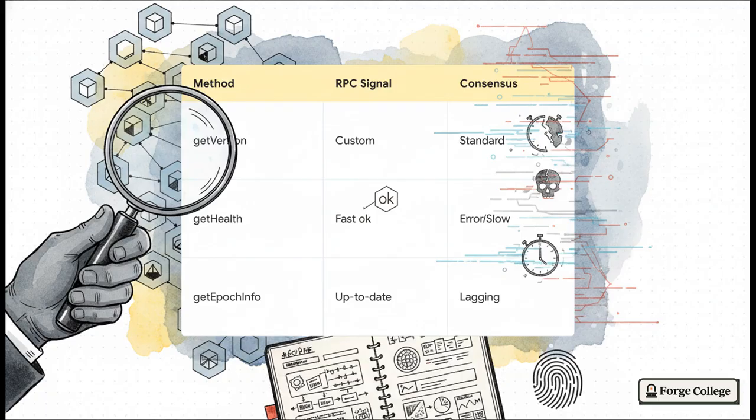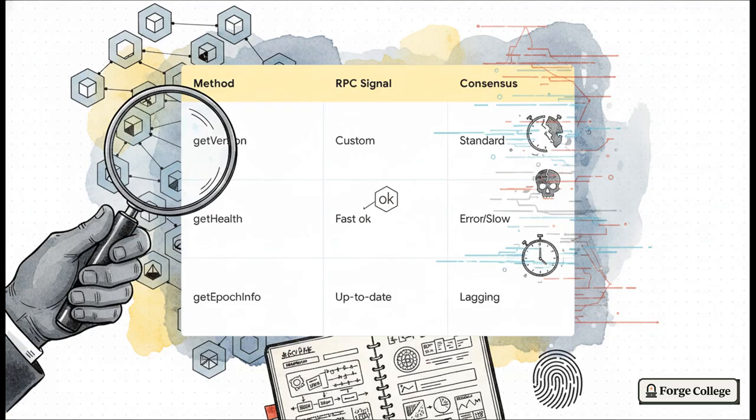First up, getVersion. If it's an RPC node, you might get a custom server string back just because it's running gateway middleware. But a consensus node, it'll just spit back the standard Solana binary version. Next, we have getHealth. A dedicated RPC gateway will almost instantly return a really fast OK. But if you hit a consensus node that's currently sweating over block verification, it might throw an error or be